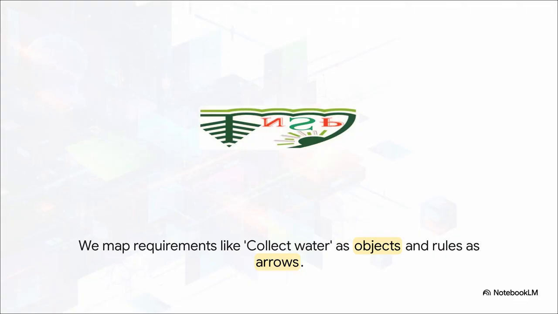Okay, so let's say we're designing a water system. Using category theory, you don't start by thinking about pipes and tanks. No, you start with the functions. You define an object for each requirement, like collect water, and another one for store water. And the rules connecting them, the design constraints, this part shall connect to this part, those become the arrows. What you end up with is a formal mathematical map of the problem itself before you've even thought about a single physical part. It's pretty amazing.